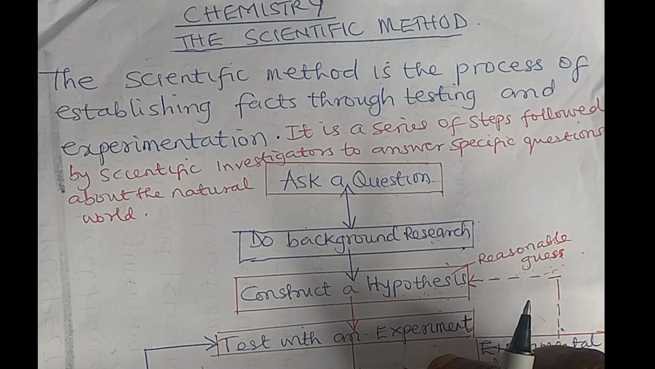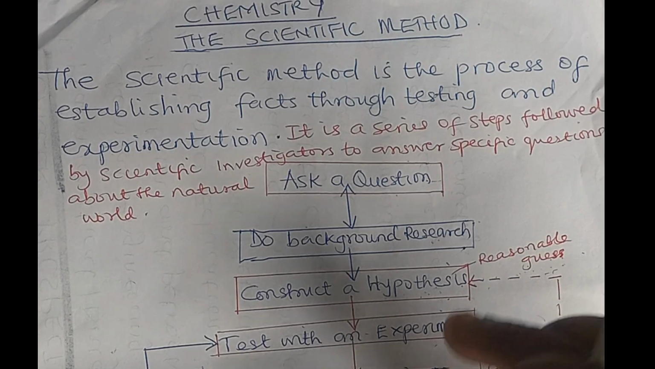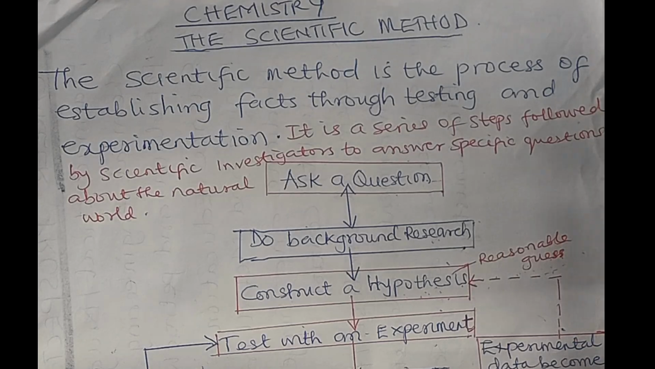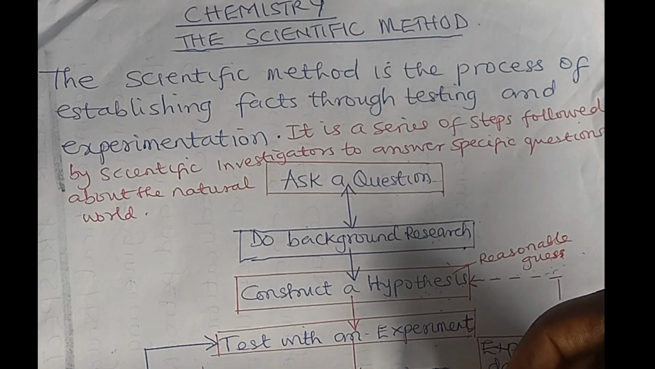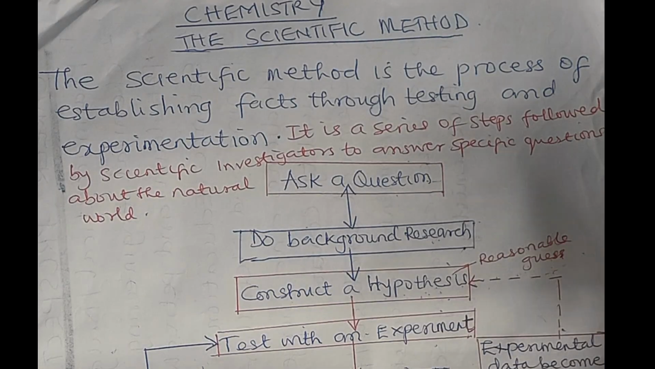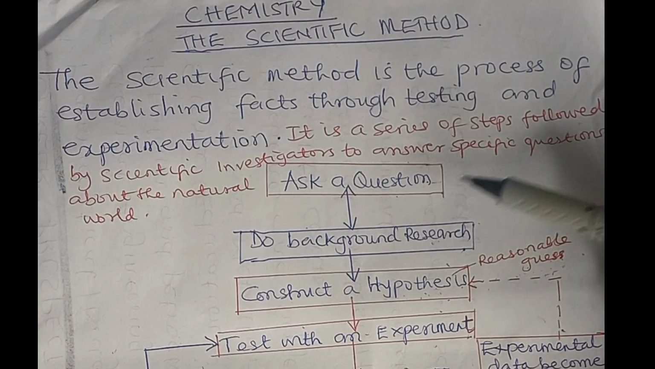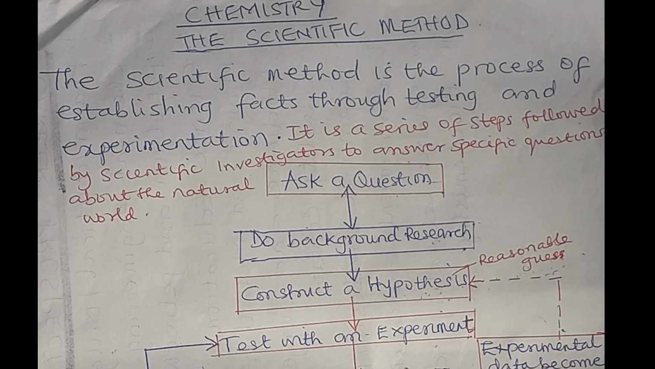So what are the steps in a scientific method? Because it's a series of steps. So what are those steps? The first thing I said earlier is to identify a problem. You identify a problem, and then you start asking questions. Why is it that